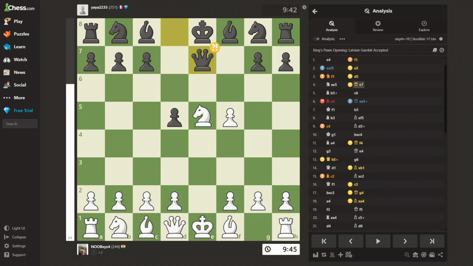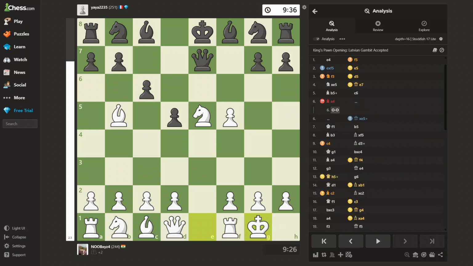And now black decides to pin the knight. So what white does is that they do this, which is pretty much the only move. And now black responds with pawn c6. Now there is only one idea that worked to save this position at all. If you don't do this, white will guarantee to lose. You need to castle, because if you castle,